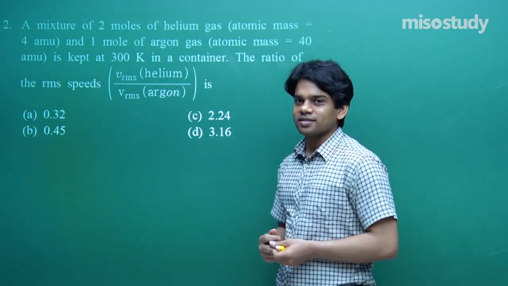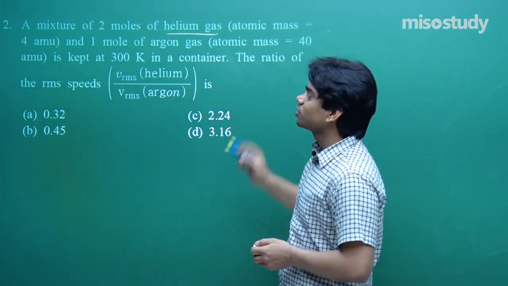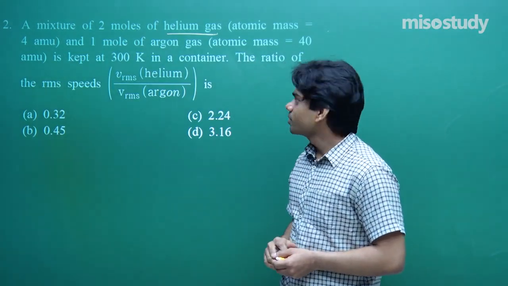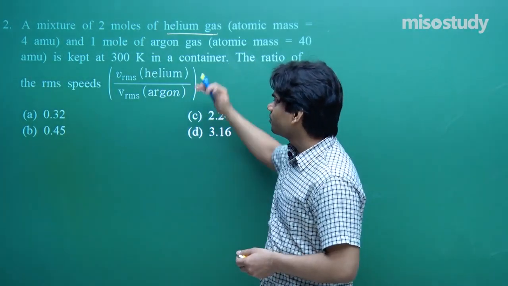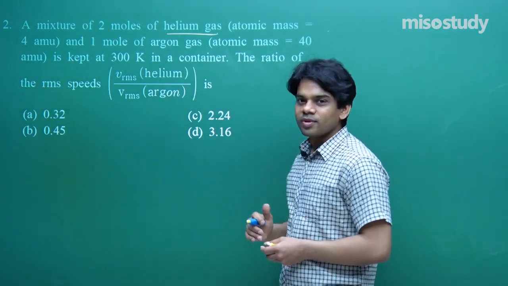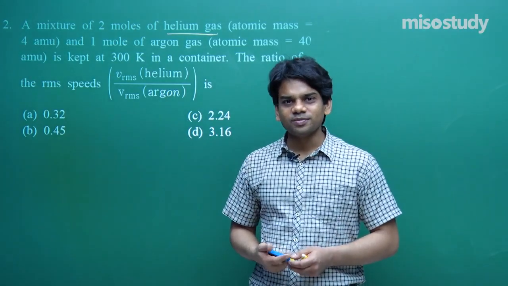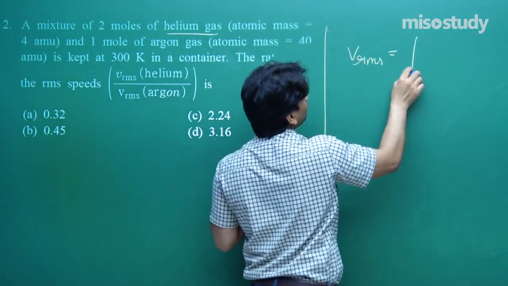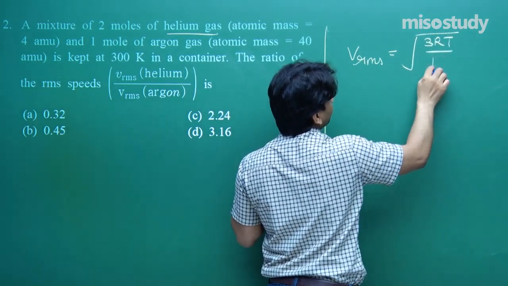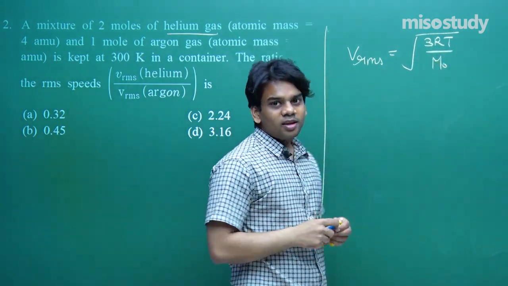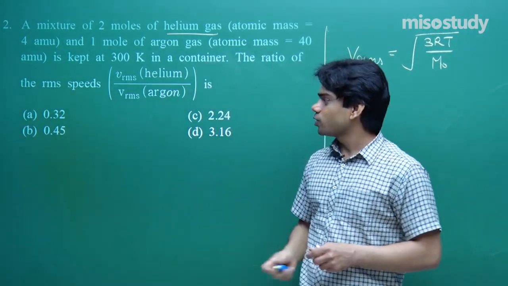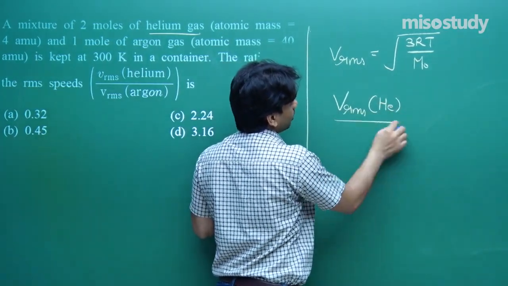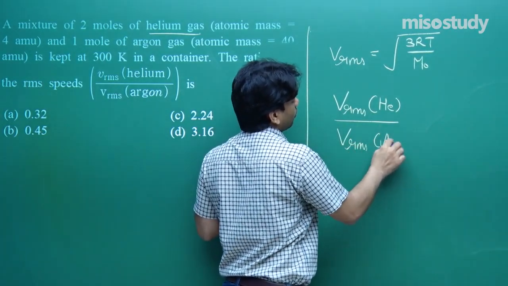A mixture of 2 moles of helium gas, atomic mass 4 atomic mass unit, and 1 mole of argon gas, atomic mass 40 AMU, is kept at 300 Kelvin in a container. The ratio of the RMS speed, V RMS of helium upon V RMS of argon, is. We need to compare the RMS speed. First of all, you must be remembering the formula for the root mean square speed: root of 3RT by molecular mass. So to compare the RMS speed of helium upon the RMS speed of argon,